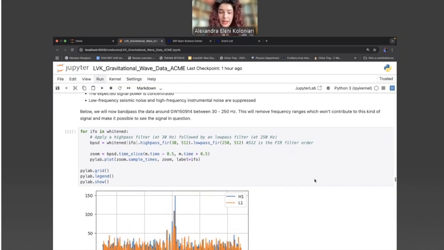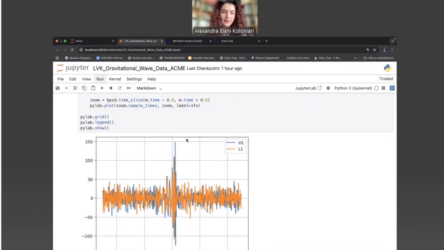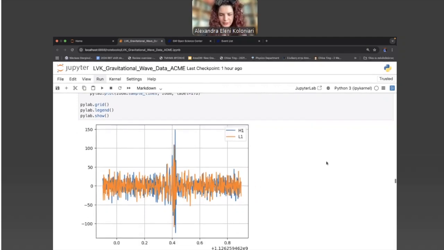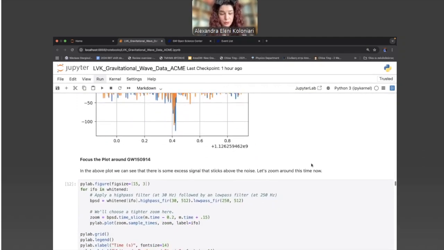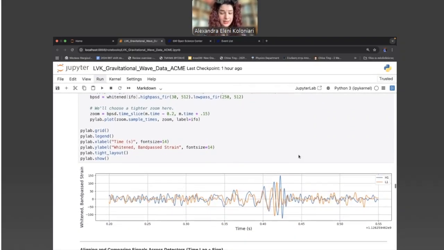And as you can see, after using that, we can very clearly distinguish where the signal is compared to the noise. And we can focus the plot around the signal and see how it actually looks.